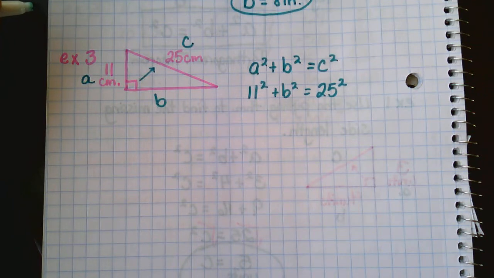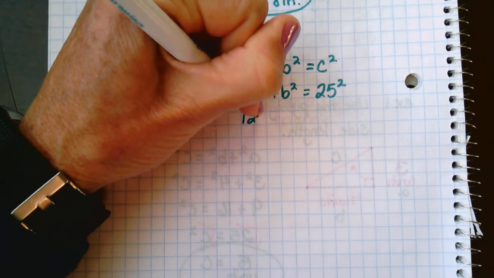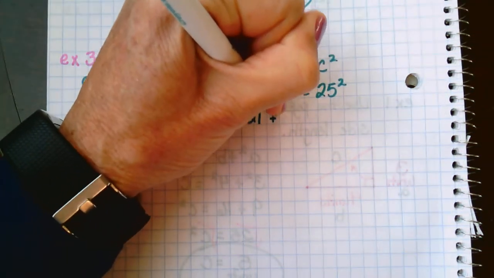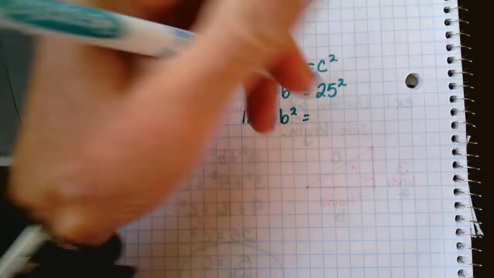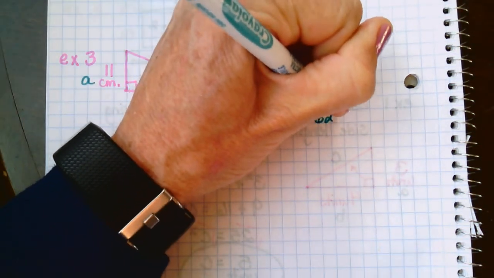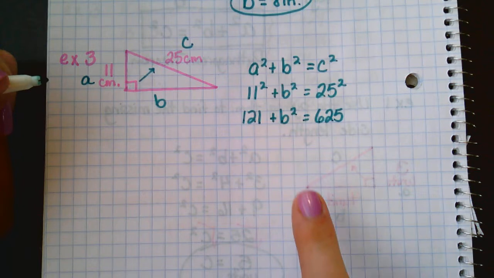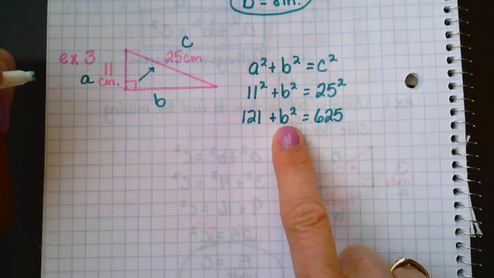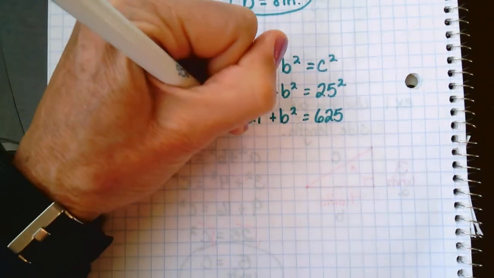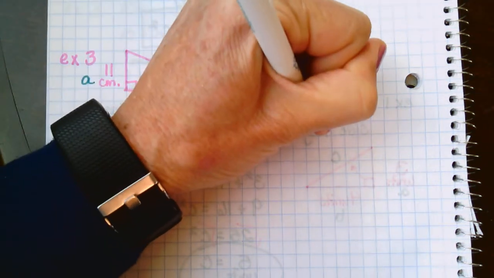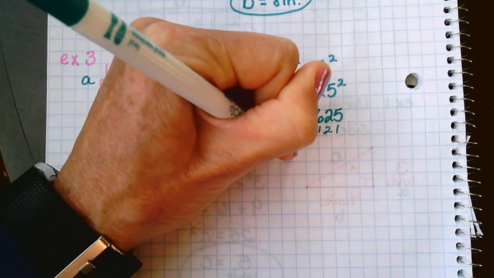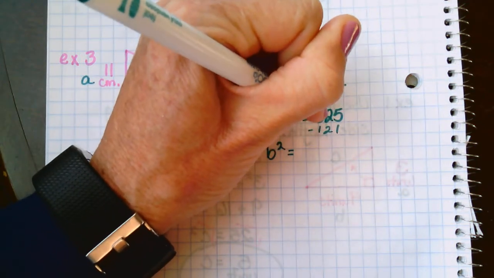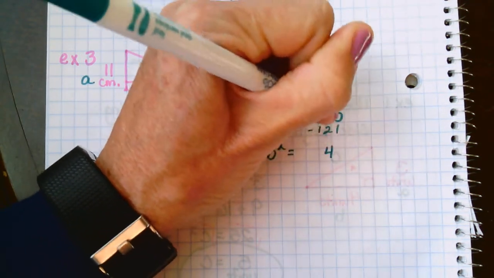Okay, so 11 squared is 11 times 11, or 121, plus B squared equals 25 squared, which is 625. Okay, now we need to solve for B in this equation, or get B by itself. So we're going to subtract 121 from each side, and we find that B squared is equal to, let's see, 5 take away 1 is 4,